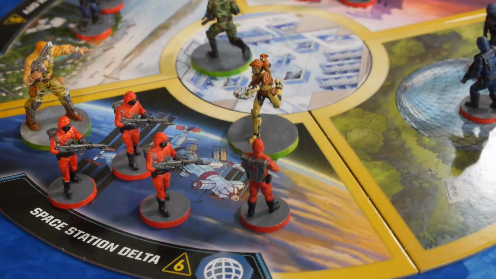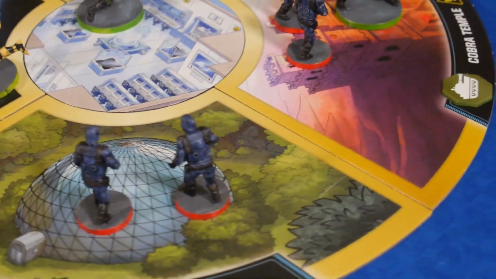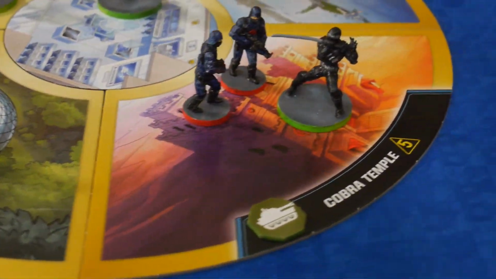In G.I. Joe Mission Critical, 2 to 5 players will take on the role of G.I. Joe heroes who battle Cobra operatives in 4 locations around the board. Players will have action tokens that they can spend and choose any player to take the turn without there being any set order. Now, we'd like our viewers to keep in mind that this copy of the game is on